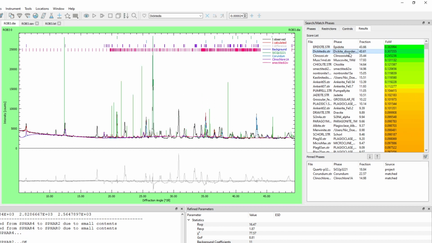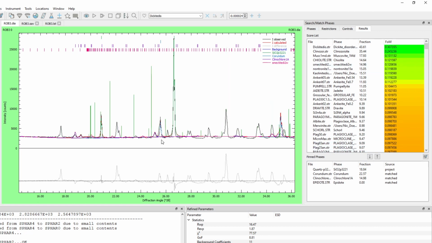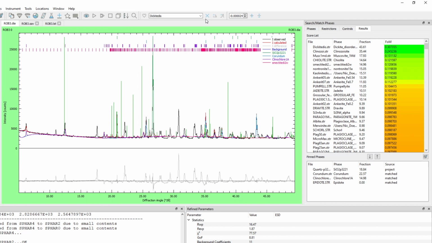What about Dickheit? Seems to match mostly this one here. But this is already a Kleinochlor peak, so we probably don't want another phase here. Kleinozoisite seems to match most of the ones already matched by epidot. So we will just accept epidot, and this should give us a fairly nice coverage of most of the peaks